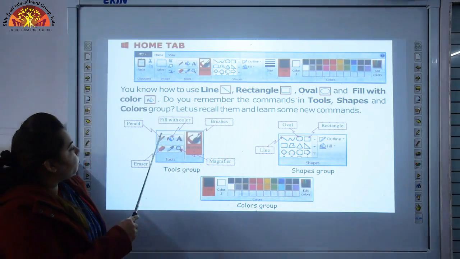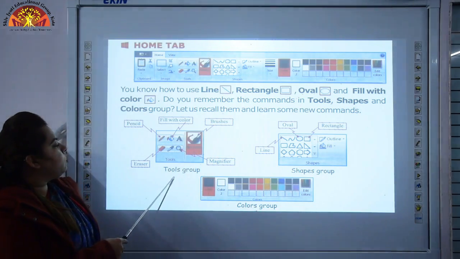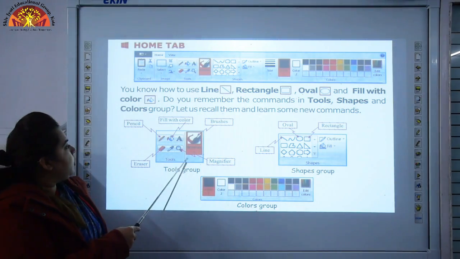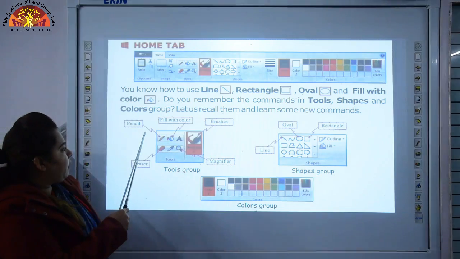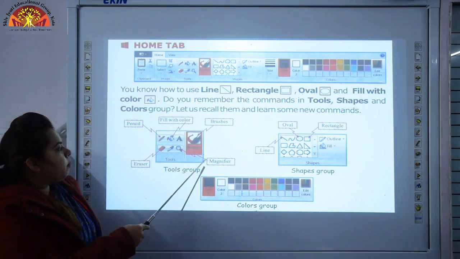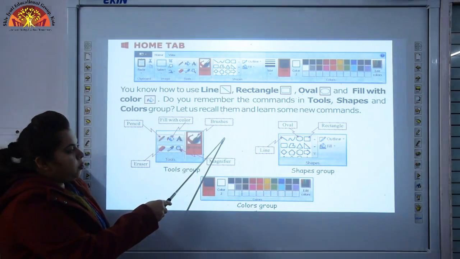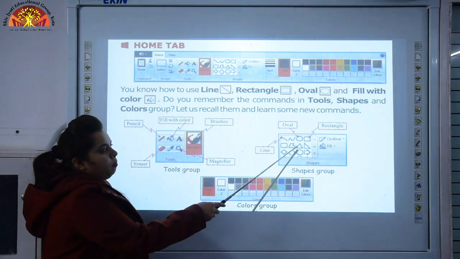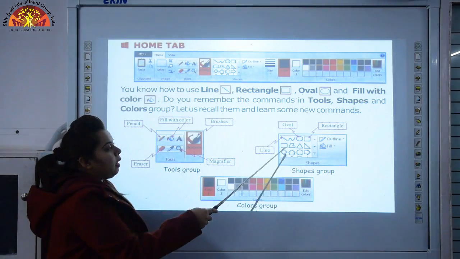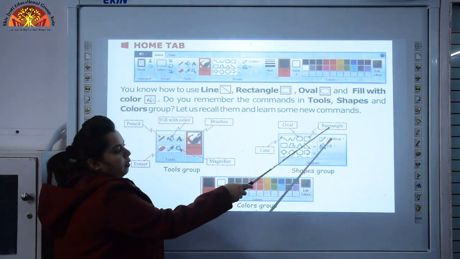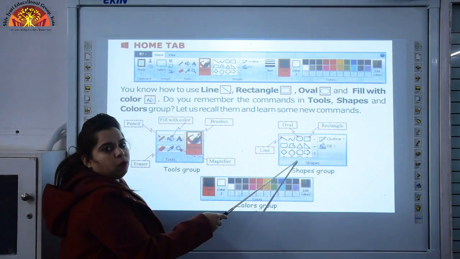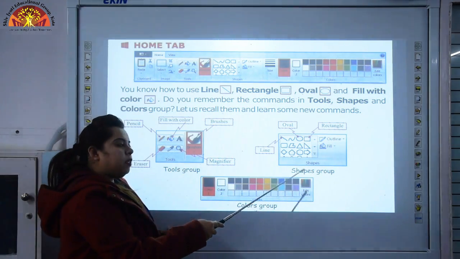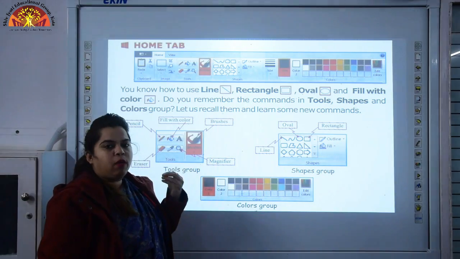You can see there are so many tools in this tools group like fill with color, pencil tool, eraser, magnifier and brushes. In shapes group we have different shapes like line, oval, rectangle and many more, triangle, circle. We have different types of shape.